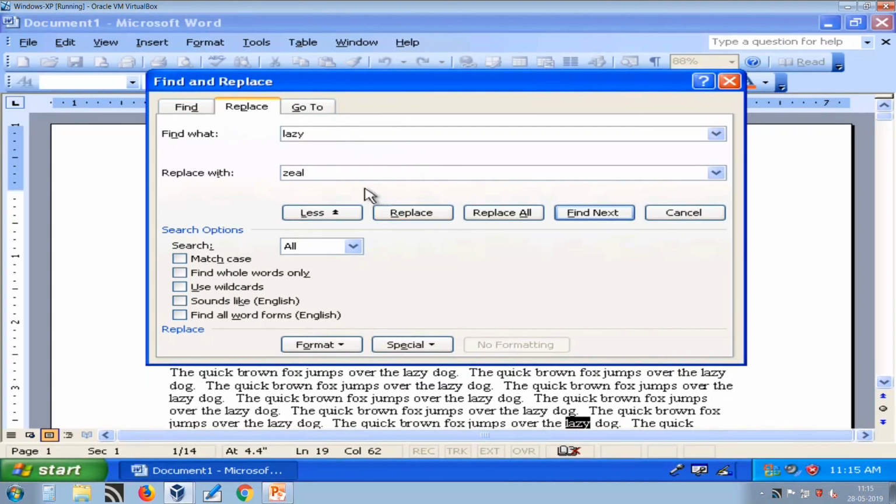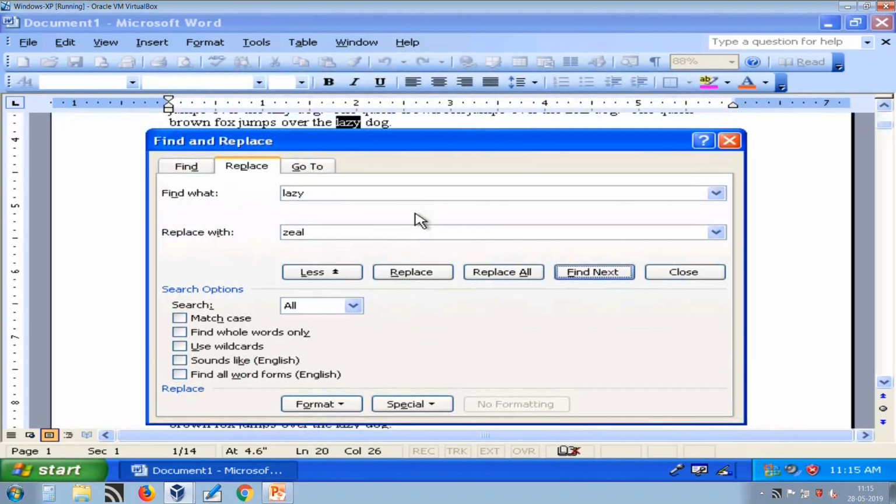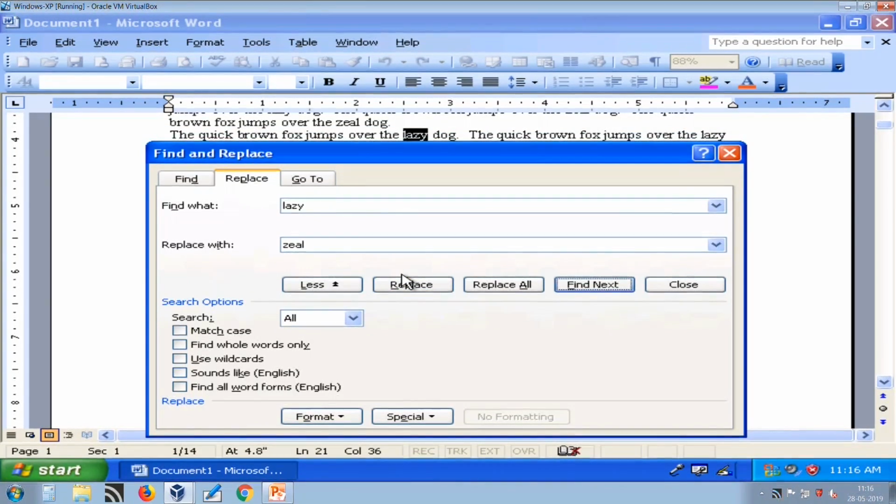I want to replace lazy with zeal. If I press the replace button, it will replace the highlighted word with the given word. You can see it replaced that word and moved to the next. Again I am pressing replace, so it is replaced by zeal and moves to the next.